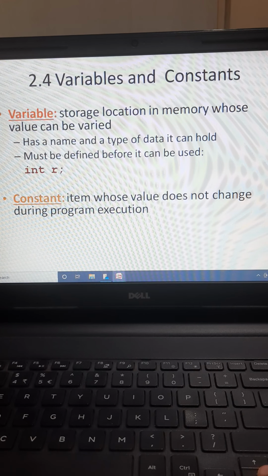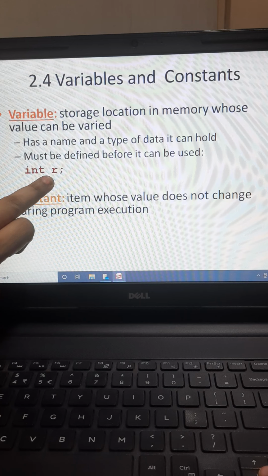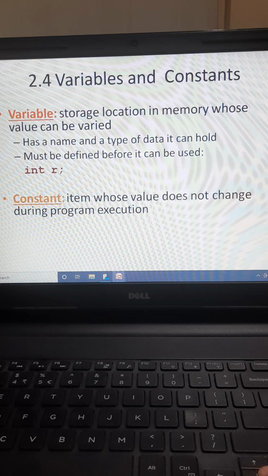Now what is a constant? As you know, constant means the value is not going to change. Again, it is a name of a storage location in the memory, but by constant we mean its value is not going to change throughout the program. Suppose I consider the same example of finding the area of a circle, then what will be the constant? Yes, pi, which is 3.14 or 22 by 7. Getting me? The variable's value, the radius, will change as per what the user is inputting.